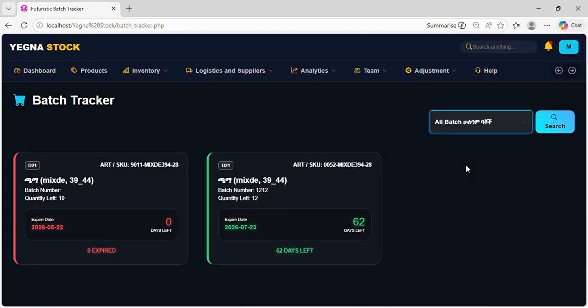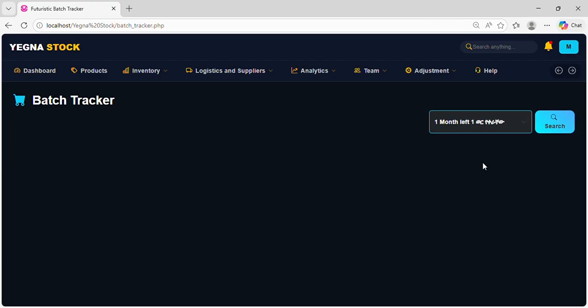And you can filter the products by the expiration time, like for over 6 months, below 6 months, or for the product which has 1 month left. You can filter the product by the time left. Okay, so